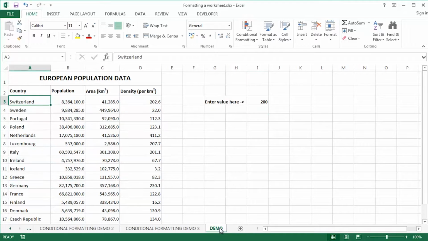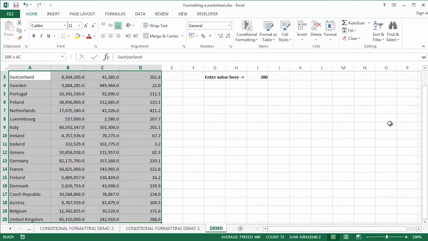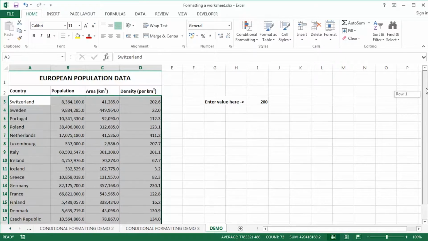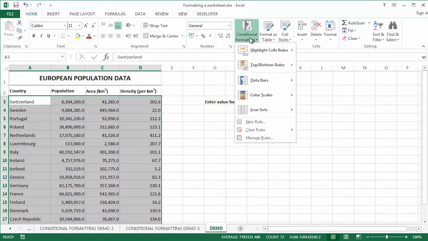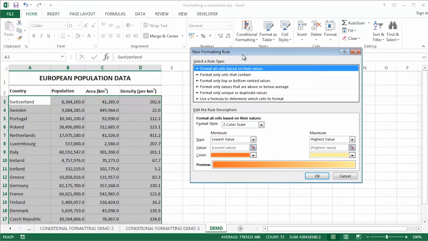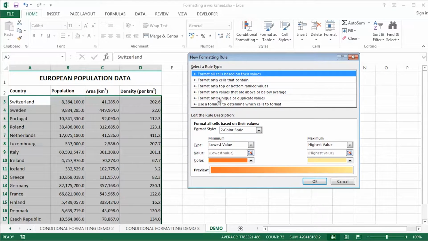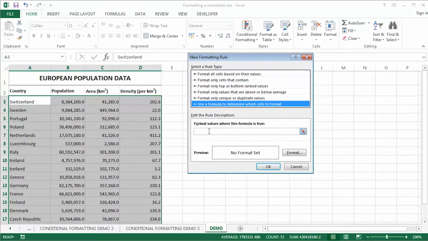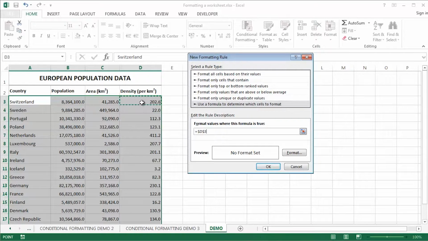Well, I've got a demo sheet here and I'll replicate what I've done with my previous sheet. So the first thing I'm going to do is select the list of data that I would like to apply this row conditional formatting to. I'll click conditional formatting and click new rule. Now, from the various rule type presets that we've got here, I'm going to use a formula to determine which cells to format. Click and select it and then click into the box in that bottom half. Now it's all about the density value, so I'm going to click and select my first density value for Switzerland, for example,